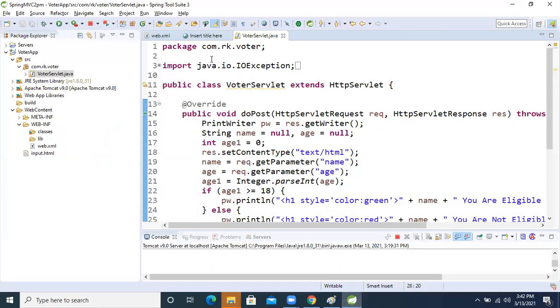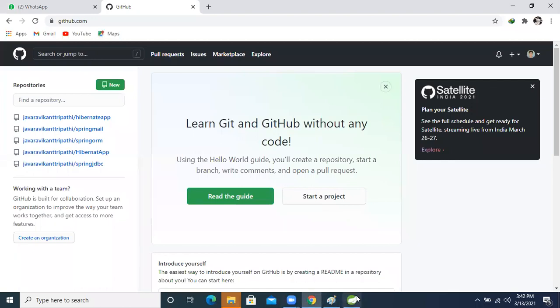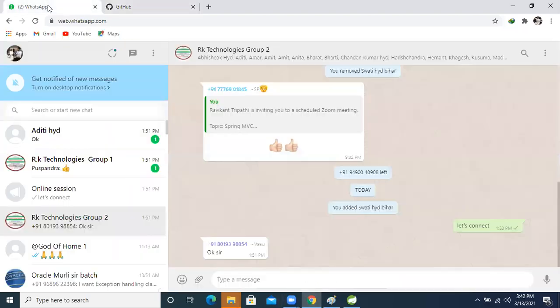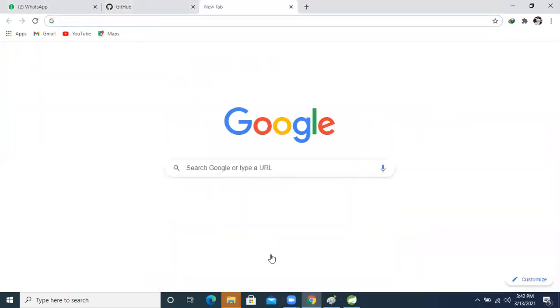We are reading the data whenever we are making the request.